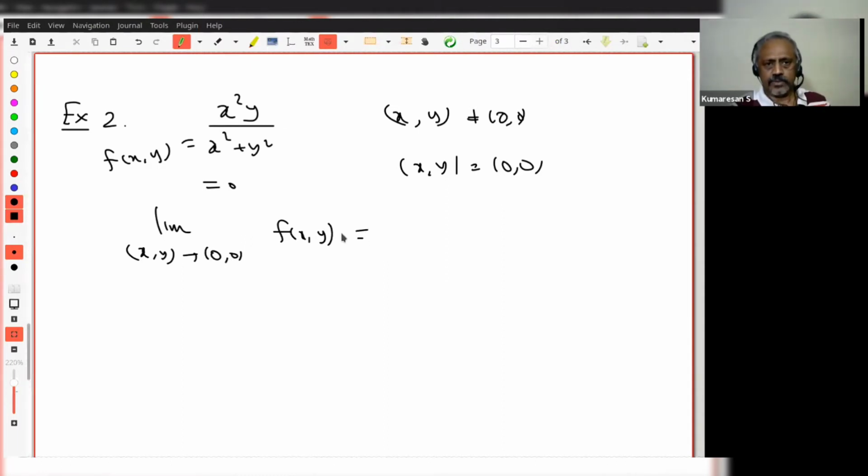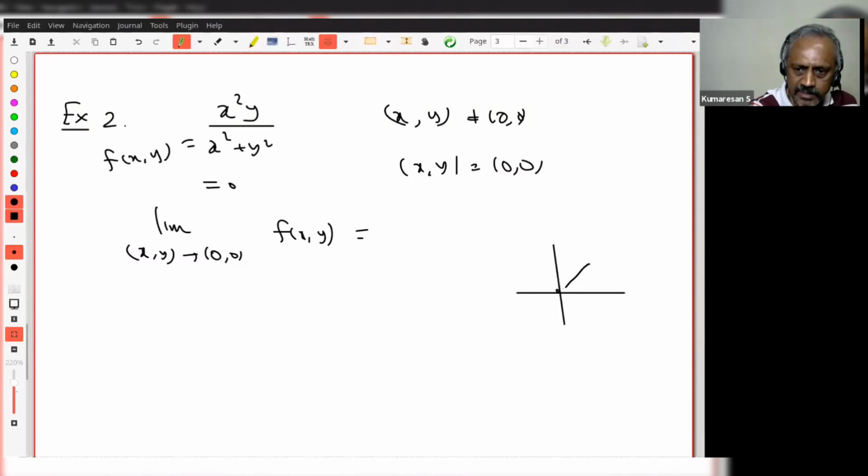So I already told you the trick. How many of you can do that? The first thing is I do not know the limit. So I have to find the limit. What is the trick I said? The trick is to reduce to one variable. How do I reduce to one variable? This is the point (0, 0). There I can take y equal to tx or mx. I write tx, but if you want to do mx, it's also fine.